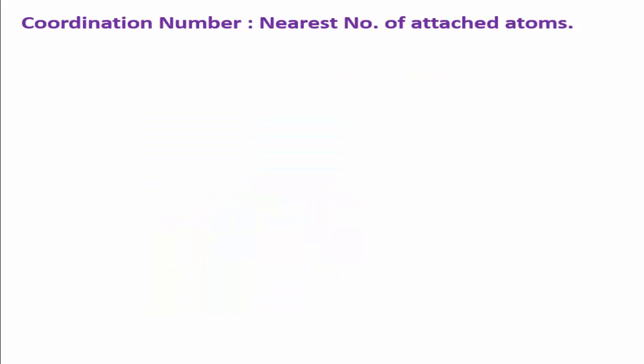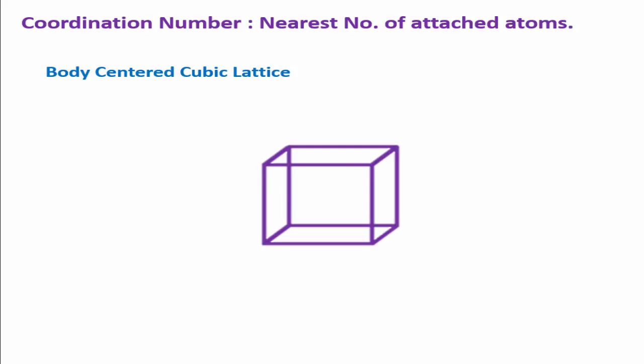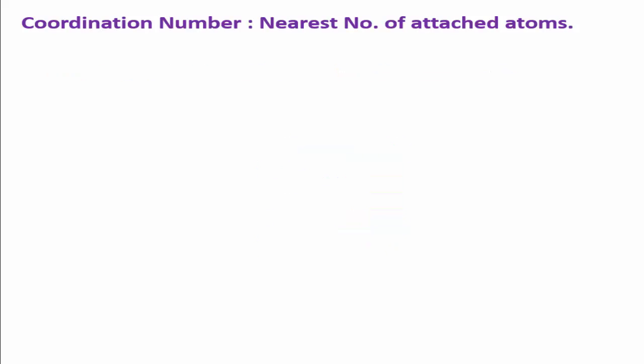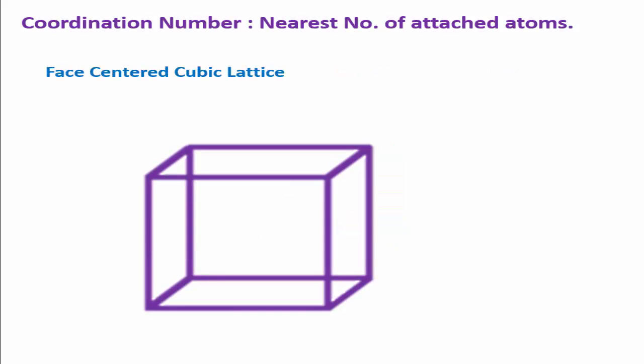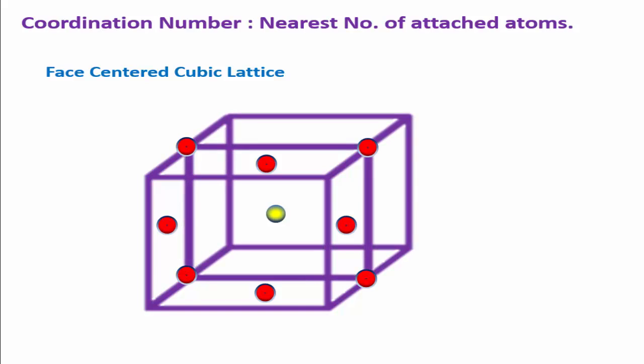We move to the coordination number for the body-centered cubic lattice. An atom is present at the center of the unit cell and it is surrounded by 8 atoms at the corners. So the coordination number is 8. In case of the face-centered cubic lattice, if we consider the atom at the center of the face, it is touching the 4 corner atoms. In addition to that, it also touches the 4 atoms at the centers of the faces of that particular unit cell. The face-center atom, that is the yellow atom, is shared by another unit cell, so it touches another 4 atoms at the centers of the faces of the other unit cell. That is how the coordination number for the FCC lattice is 12.